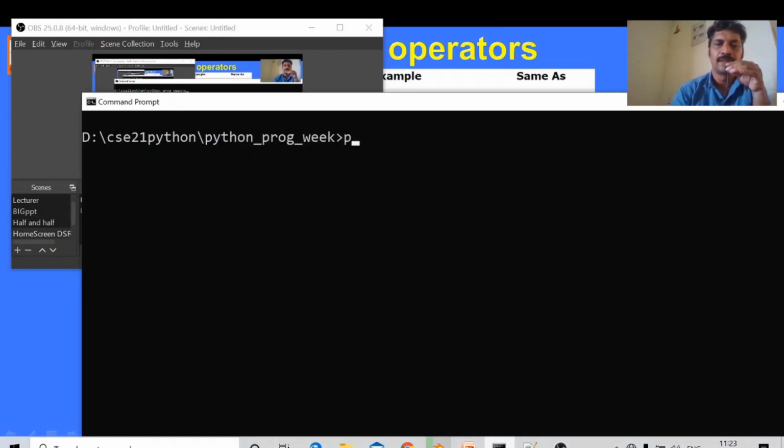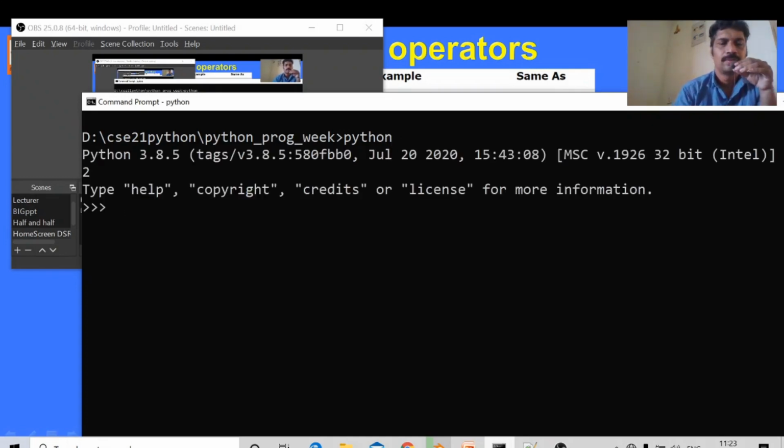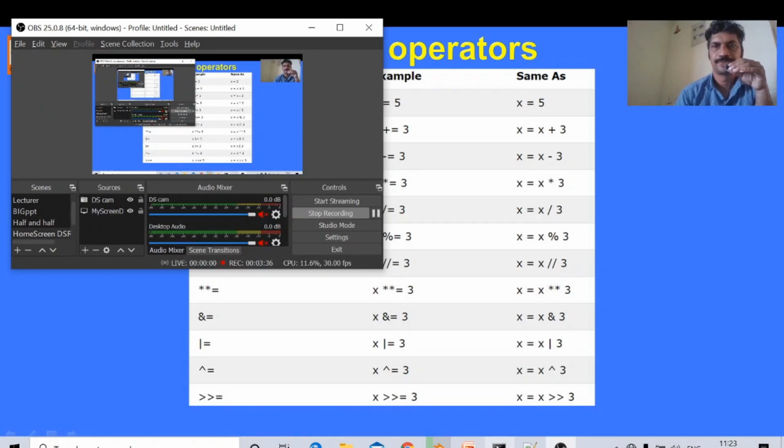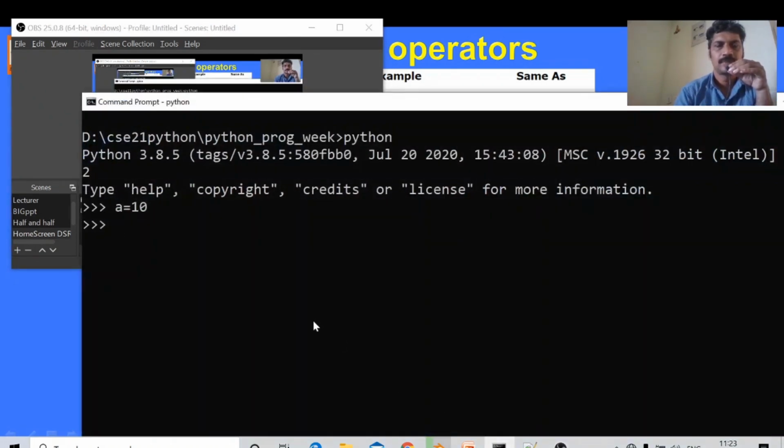I am going to the command prompt, Python. a equal to 10. a equal to a plus 5.